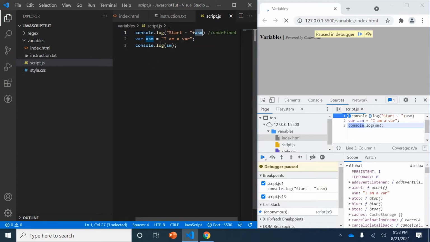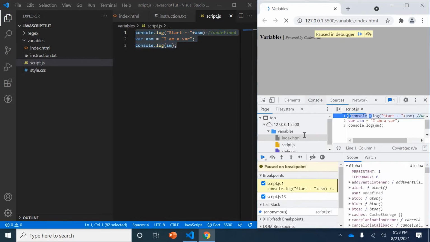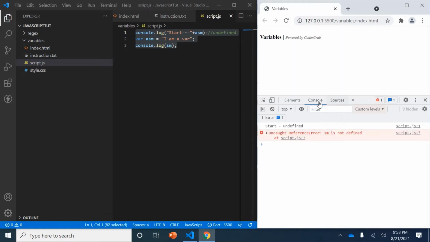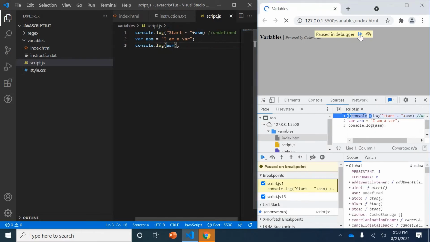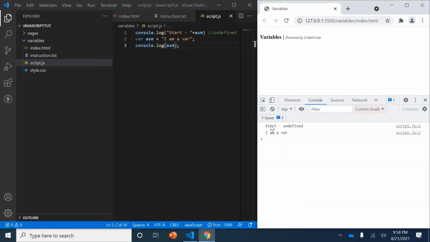Next thing, let's comment these things. And if you want to see the output here, we'll just give it. I'm really sorry, I didn't have it here. Now let's see. Yes, it is pretty much straightforward. Initially, it was undefined for var. It got some value here, initialized here, then it is being used here. So it's pretty clear and straightforward. This is for var, so I'm putting this part in comment.